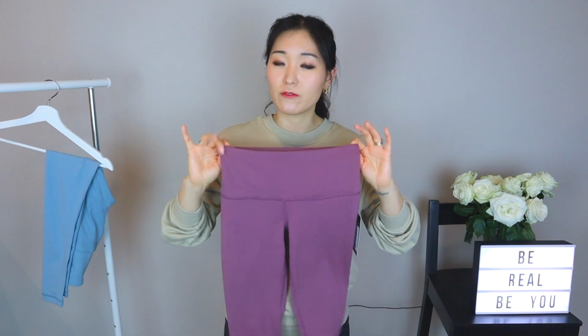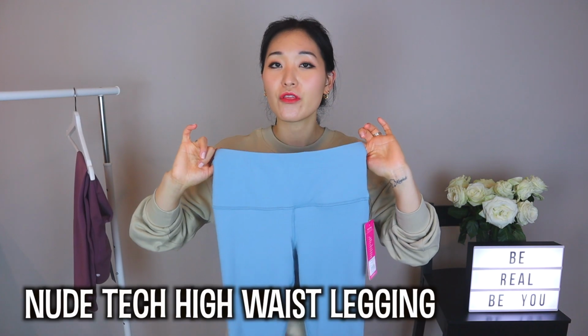So if you're able to get these on sale, then I'd say sure, go for it. But for full price, I just can't recommend them. So the next item I picked up are these leggings, and these are called the Nude High